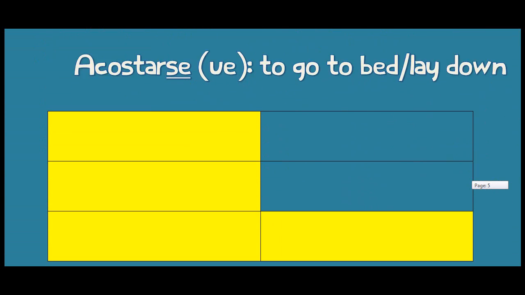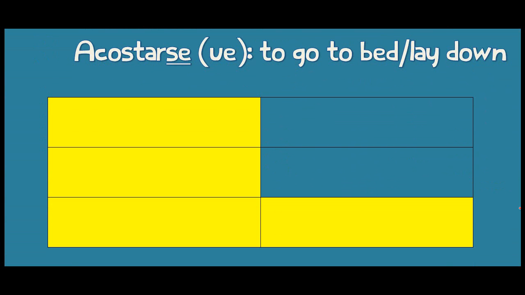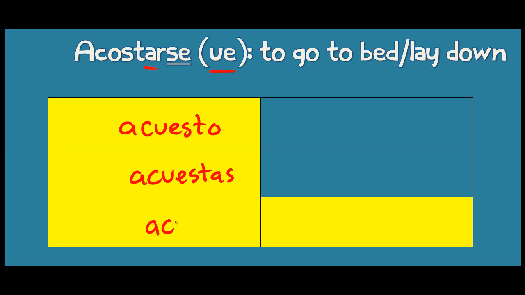The next verb that we're going to conjugate is acostarse, which your textbook says means to go to bed, yes, but it also could mean to lay down. So once again, it's a boot verb, so we conjugate it as an AR boot verb. So, yo acuesto, tú acuestas, él, ella y usted acuesta, nosotros acostamos,